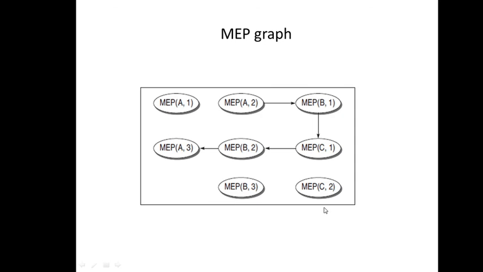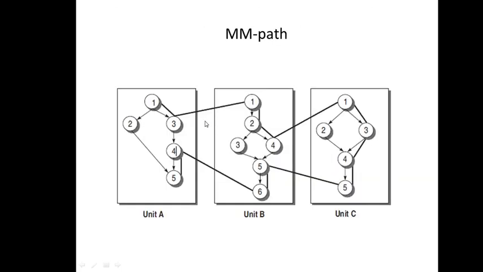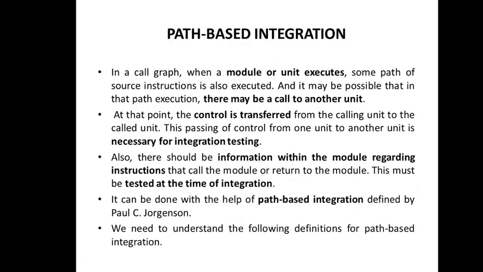So you have to place these in such a way that shows the direct relationship. It's not in sequence. A1, A2, A3 is placed here, right? Because directly no one is calling it. But in the reverse order, this was calling A3. So you have to place it in such a way and make the proper edges. So this is all about your MEP graph that is required for path-based testing. So thank you for today.